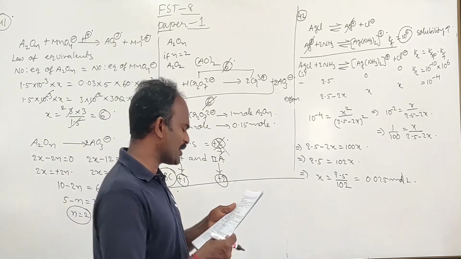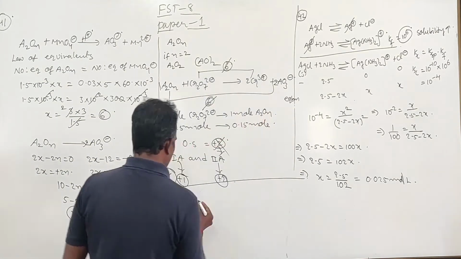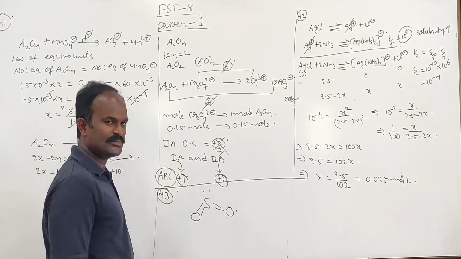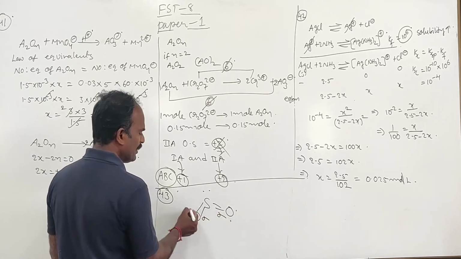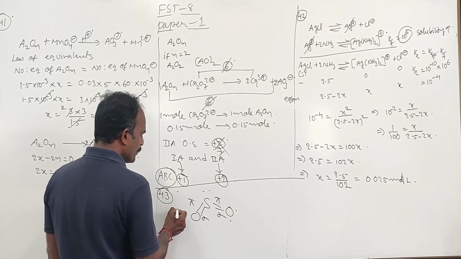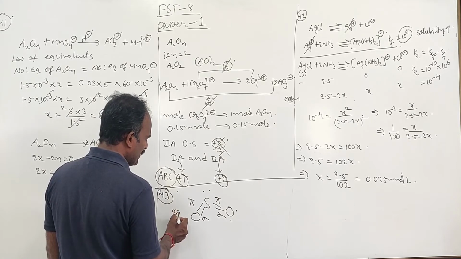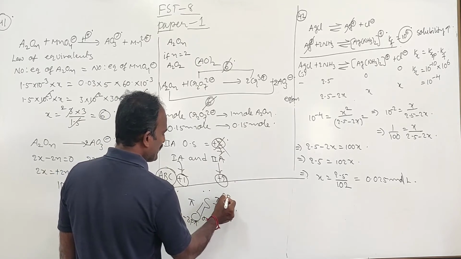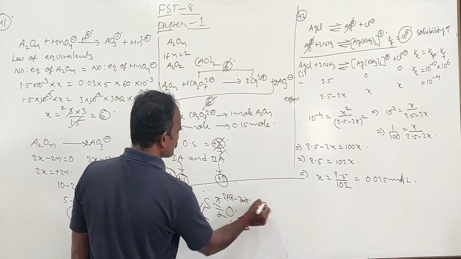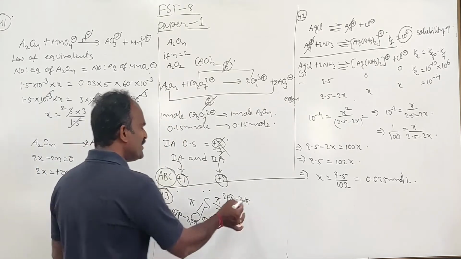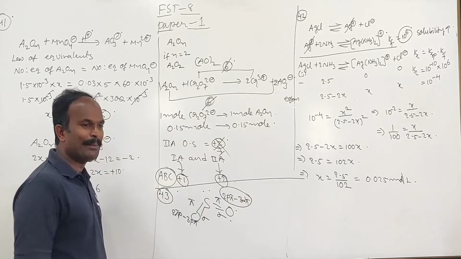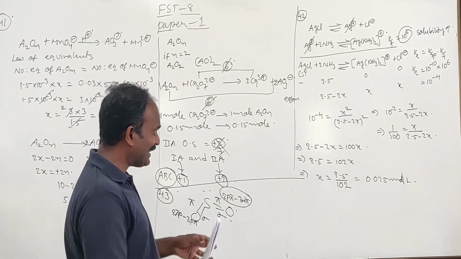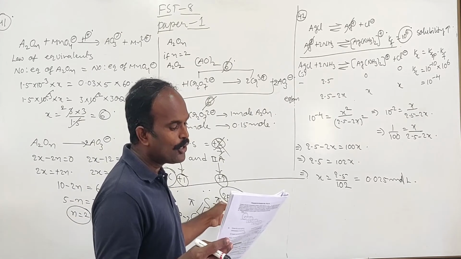First of all, what you have to understand here is, for example, if I take the SO2 molecule, this is going to be the SO2 molecule. This is sigma, this is sigma, this is pi, this is pi. This is going to be 2p pi, 3p pi. This is going to be 2p pi and 3d pi. P pi d pi. So which d orbital is going to be involved in the overlapping? dx square minus y square. Yes, dx square minus y square is going to be involved rather than dz square. Therefore, that is a wrong option.